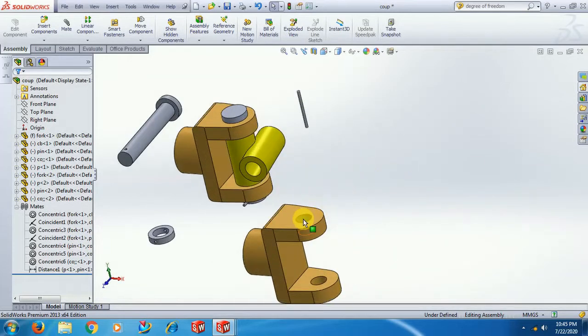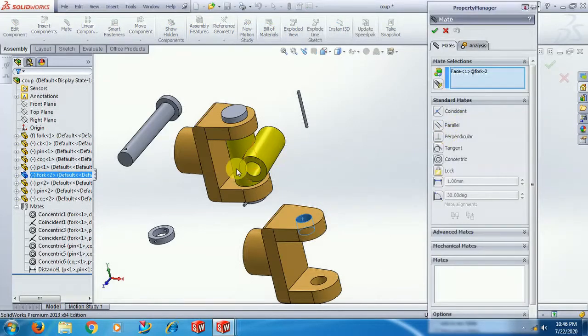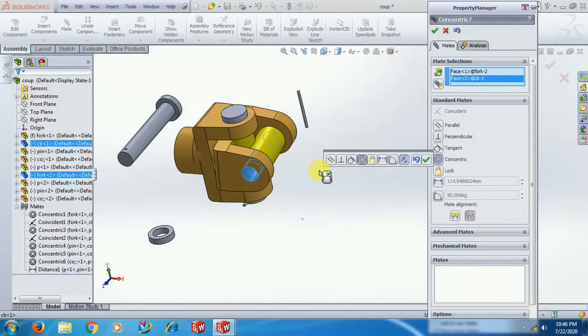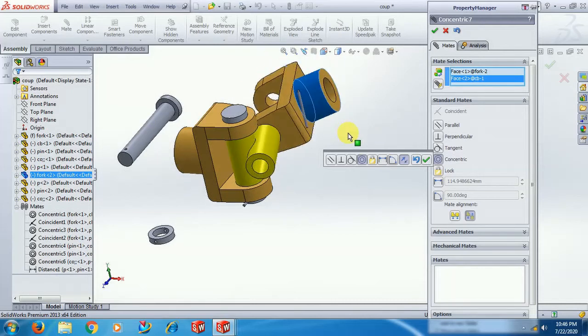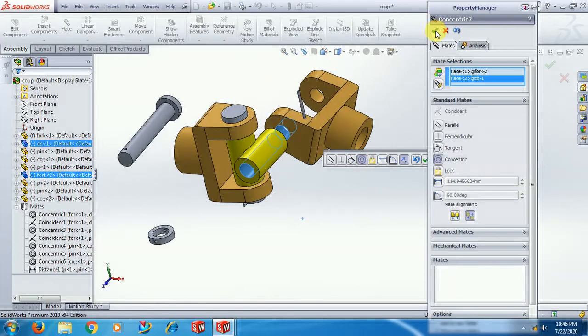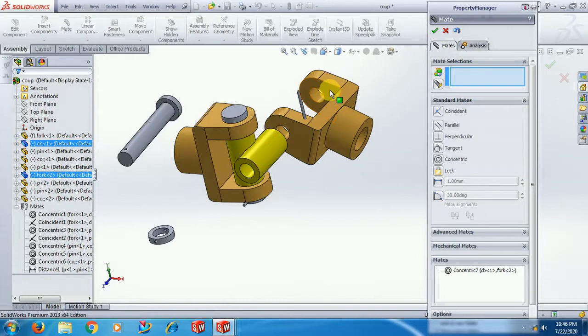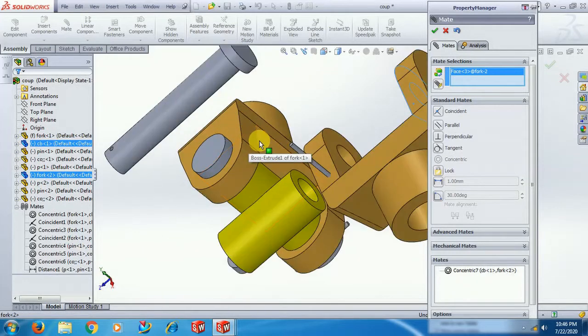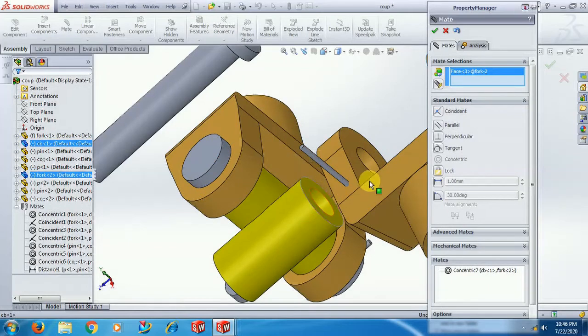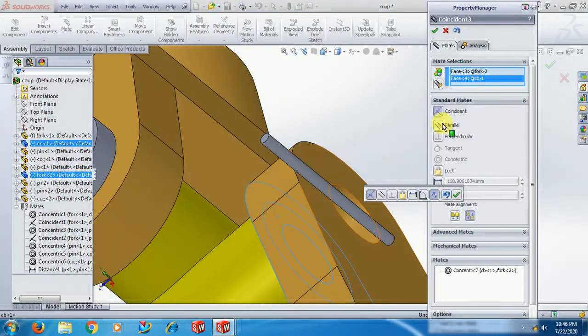Same thing, I select this surface, go for mate, simple thing, and I select this surface, concentric, and that's it. I drag this, tick mark, again I select this surface and this surface, coincidence, that's it.